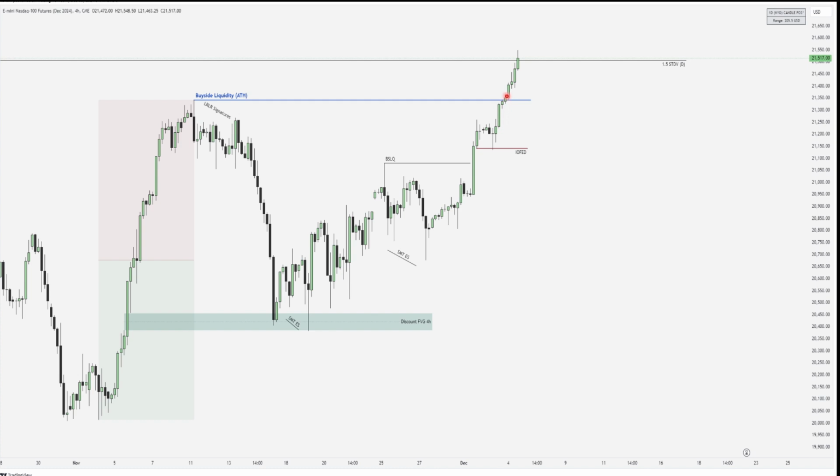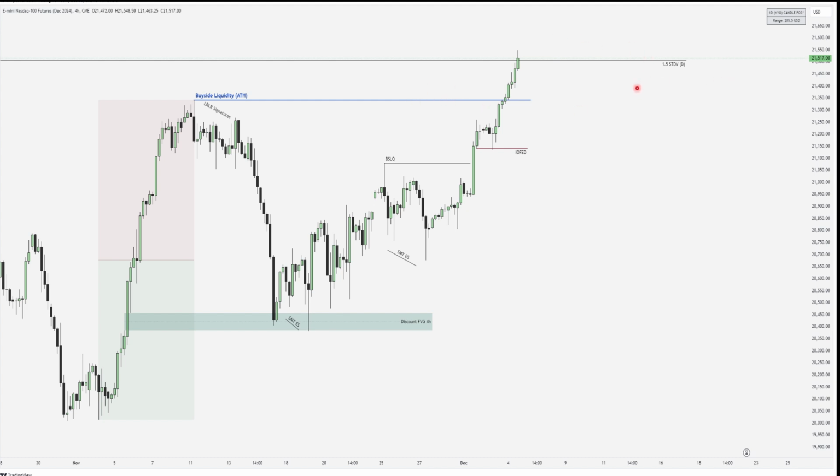And then price expanded higher to take out the LR highs and the buy side liquidity pool of the all-time high, and then the algorithm spools price higher towards those new highs, and also hits that standard deviation objective, which is not like a drawn liquidity, but just an objective I'm reaching for. Like if it takes out the high, then how far can it go?